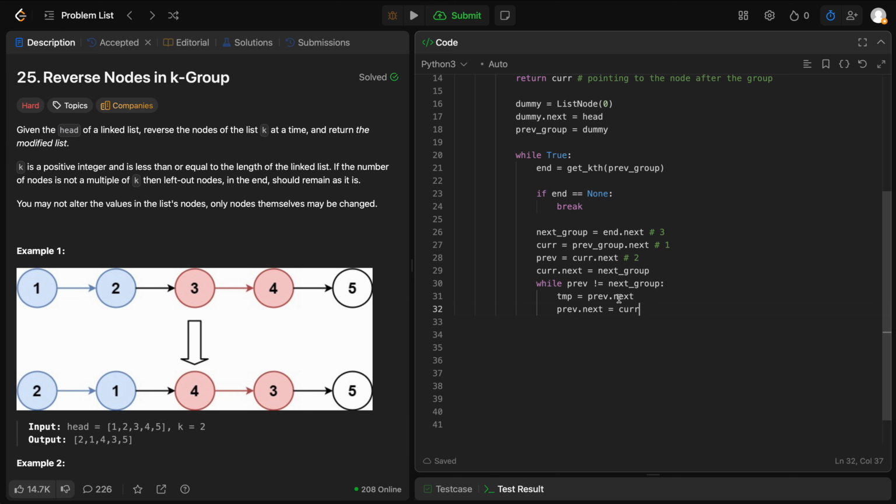Previous.next is current. And now I need to do, so temporary is previous next is current. Now current